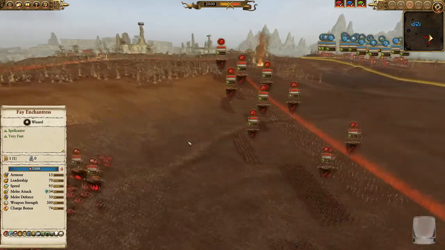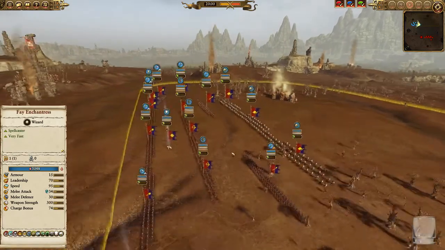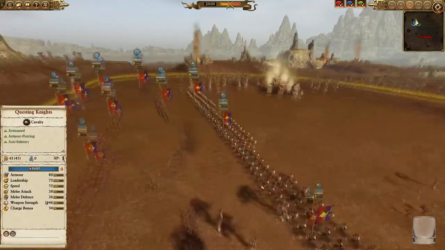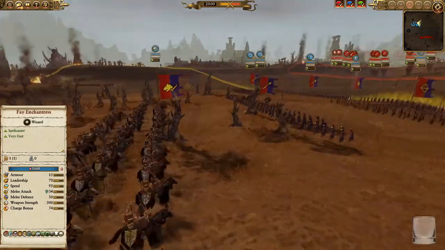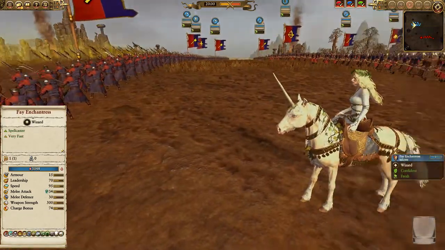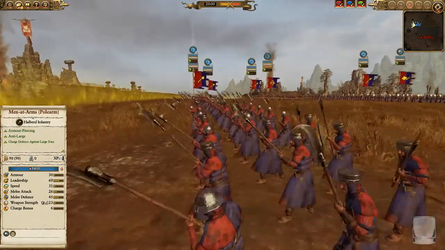Alright, for Bretonnia, we have 3 units of peasant bowmen. We have 2 units of questing knights and 1 unit of Grail Guardians. We got 1, 2, 3, 4, 5 units of men at arms with rank 4 of veterancy, 2 unmounted paladins with nothing, and we got 1, 2, 3, 4 units of spearmen at arms with 1 rank of veterancy,